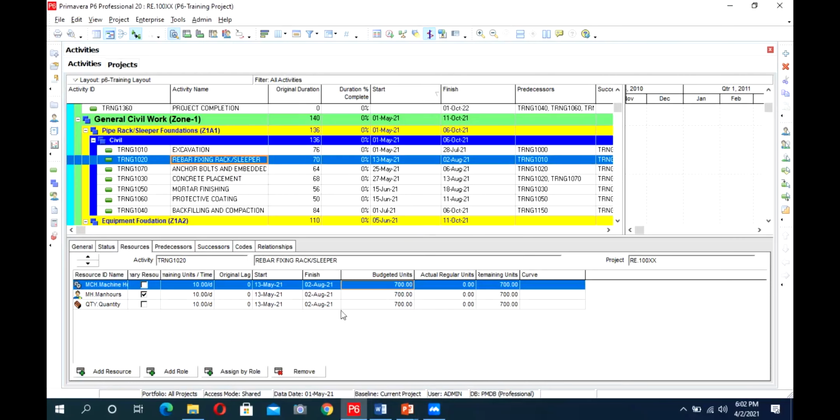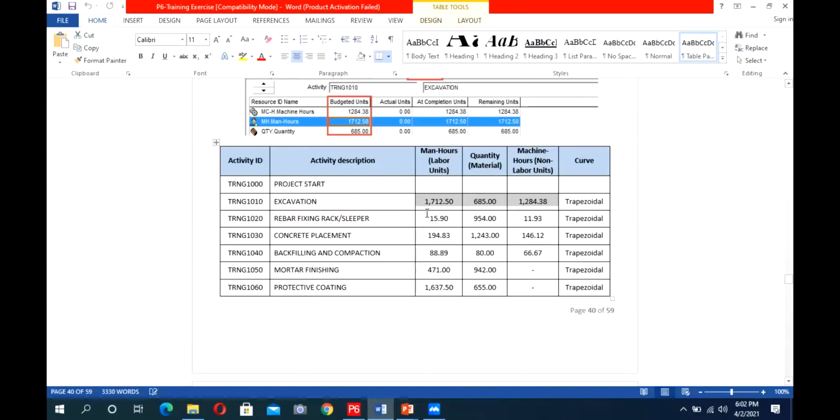So here a question also comes: in the exercise we have this already given in the table, but what happens in a real scenario? From where do we get this information? Basically there are company KPIs and company standards for every activity.